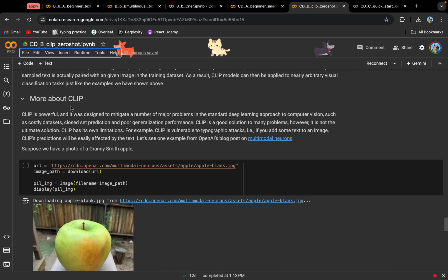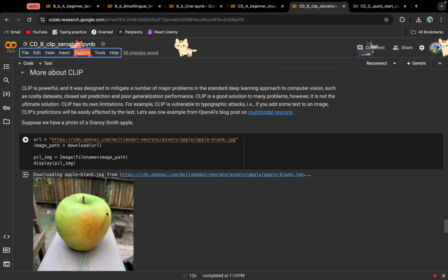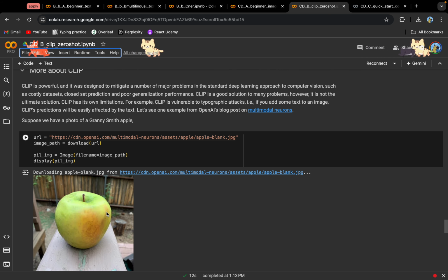CLIP is powerful and designed to mitigate a number of major problems in the standard deep learning approach to computer vision, such as costly data set creation and poor generalization performance. CLIP is a good solution to many problems. However, it's not the ultimate solution, and CLIP has its own limitations. For example, the